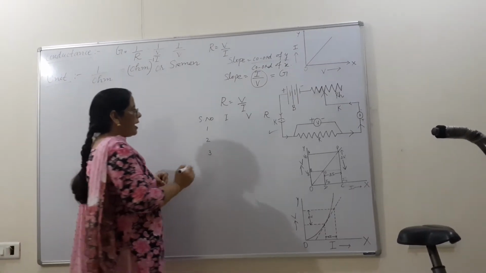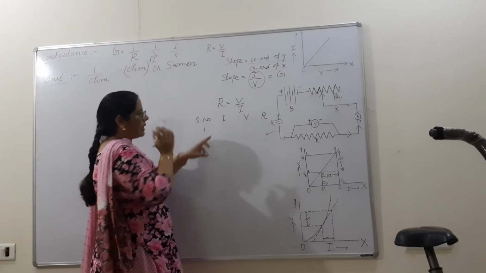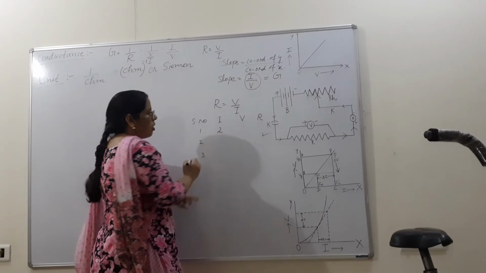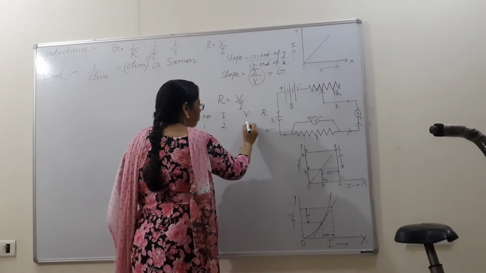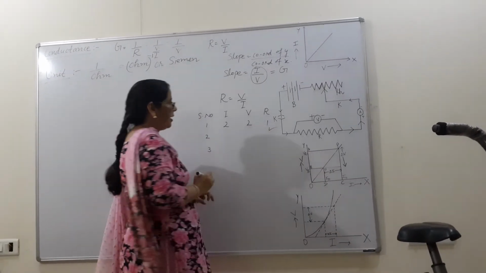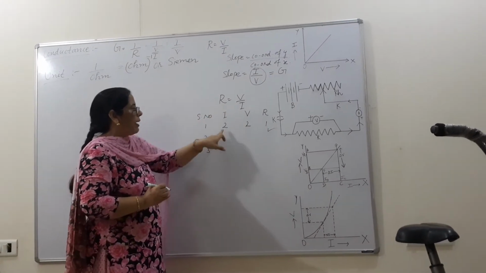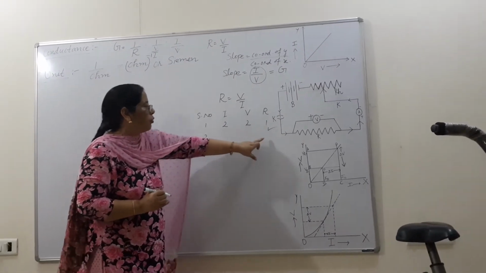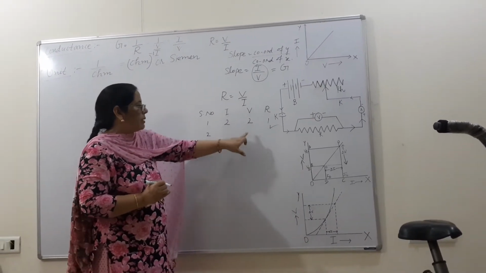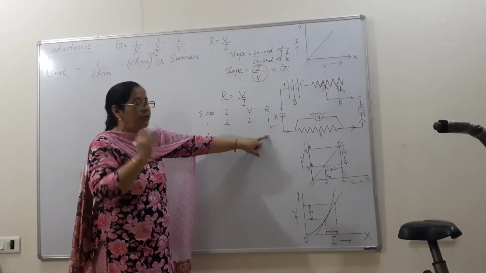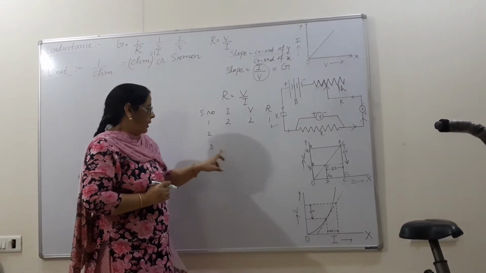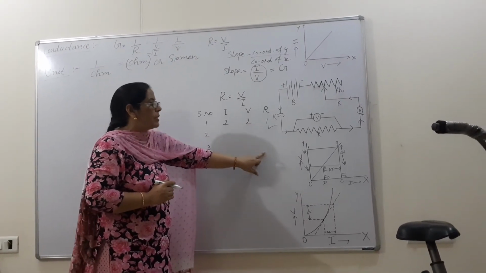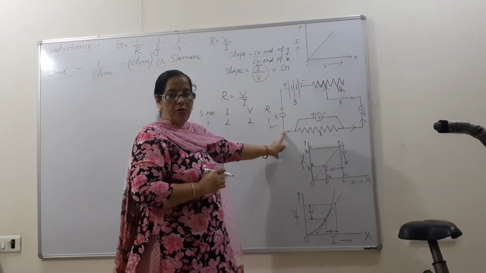Suppose that on the ammeter, the value of current is, beta, suppose that here 2 is there. On the voltmeter also there is 2. Then what will be the value of R? That will be V divided by I, 2 divided by 2, it will be 1. Then in the second reading also you will notice that some reading will be there, but R should be 1. In the third reading also it should be 1.